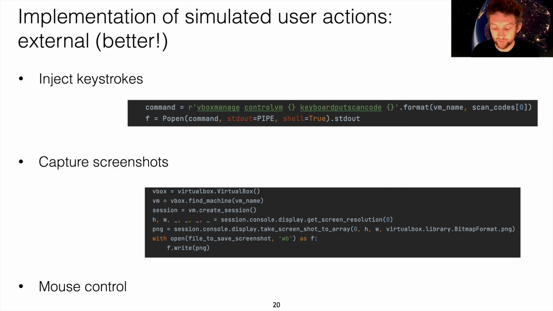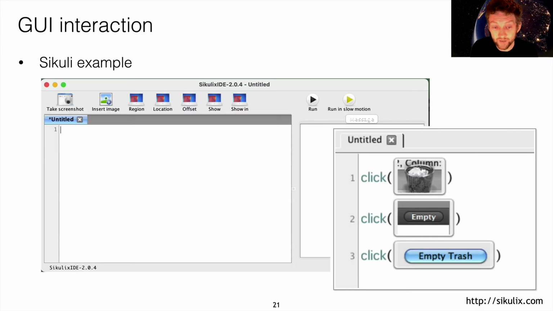It's a consequence of the virtualization infrastructure that we happen to be using. The combination of screenshots and mouse control is where it gets really interesting, and it's basically going to be the future of this, essentially, where you can use image processing to identify GUI components on screen, and then mouse control to click them. Part of the inspiration for this is, if you've ever come across Sikuli, you end up